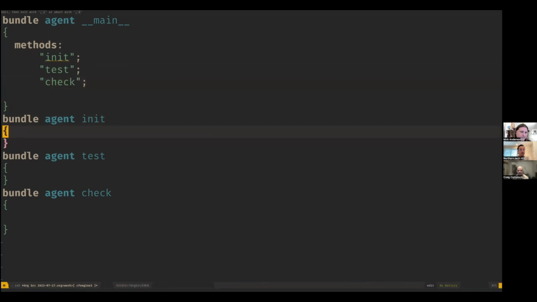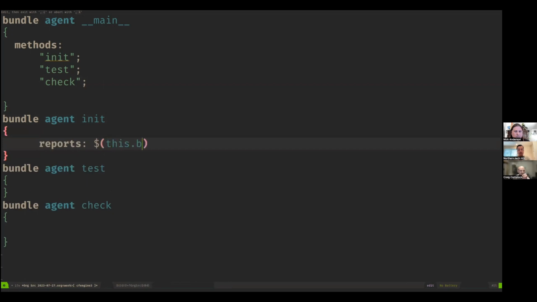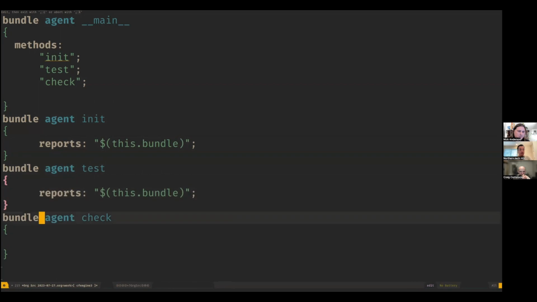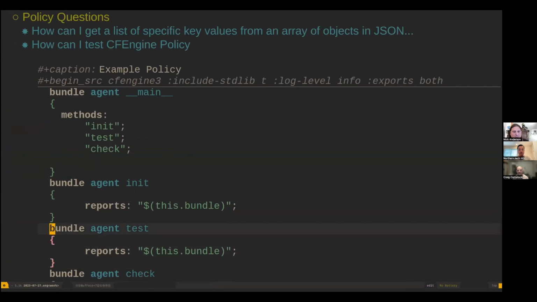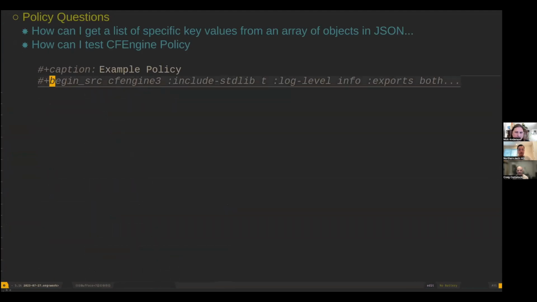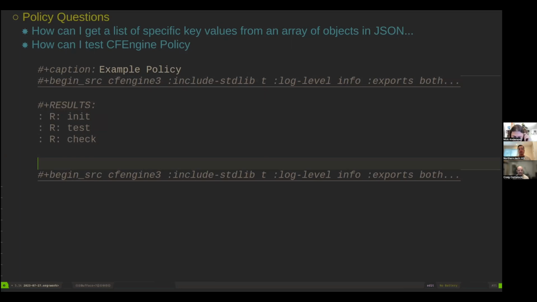So I'll write this, and then we can do reports, stop bundle. Now when I run this, we just get the bundles emitted back out in the order that they're run. So that just gives you this little framework to use when you're going to do some kind of testing. But there is, in the masterfiles policy framework,